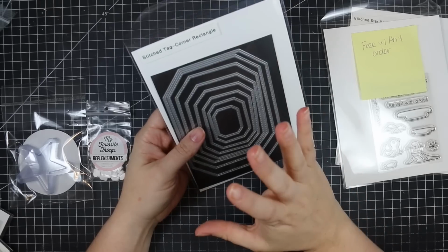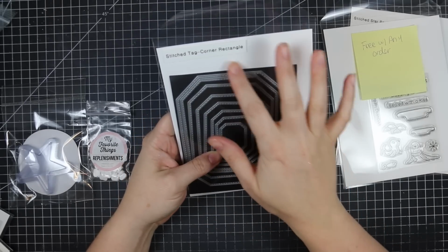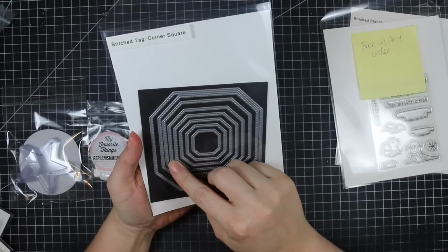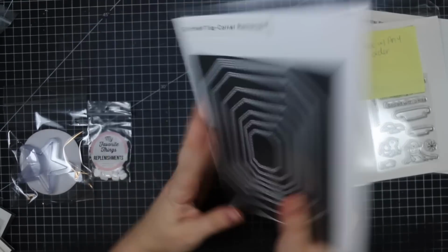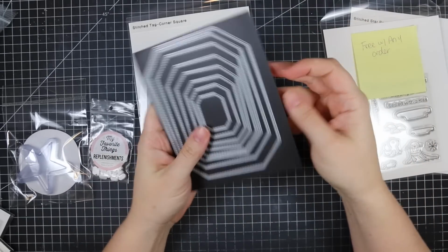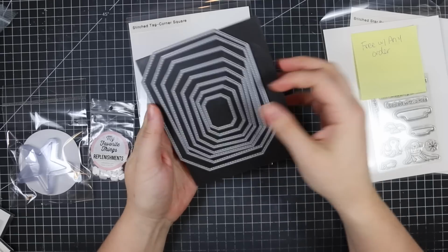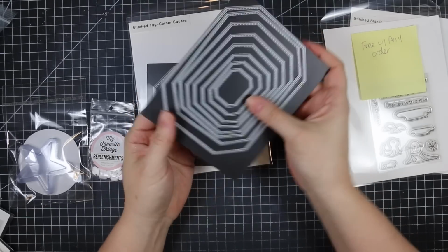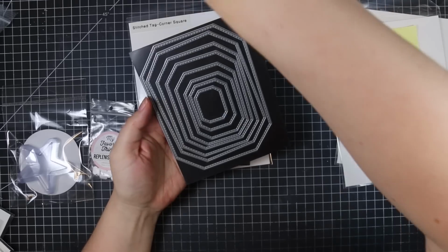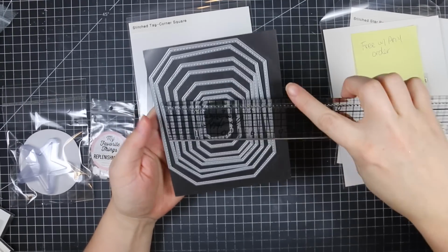We have two new sets of STAX Die-namics. We have the stitched tag corner rectangle and the stitched tag corner square. And all their STAX come on a magnetic backing sheet. Their STAX dies are all separated, so you don't have to break them apart or anything like that. They're good to go. And these ones have the stitching on the inside, and the largest in the rectangle is,